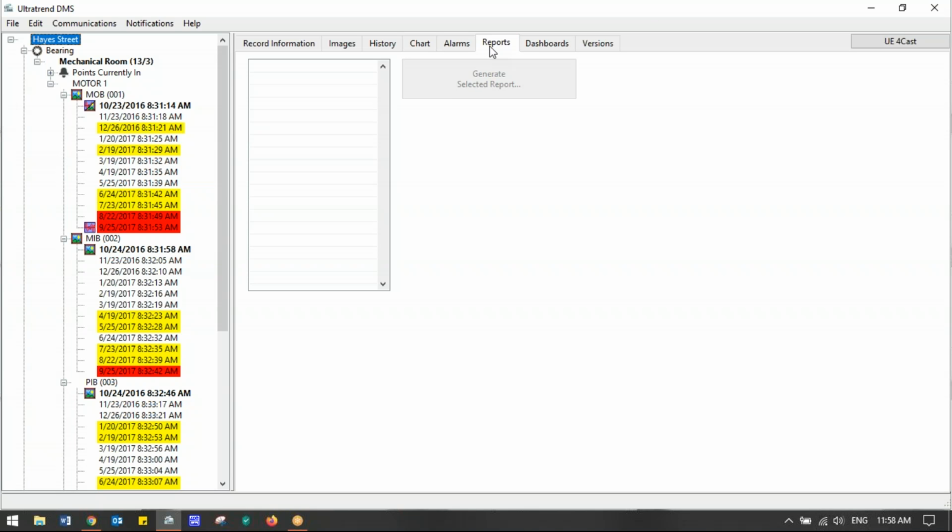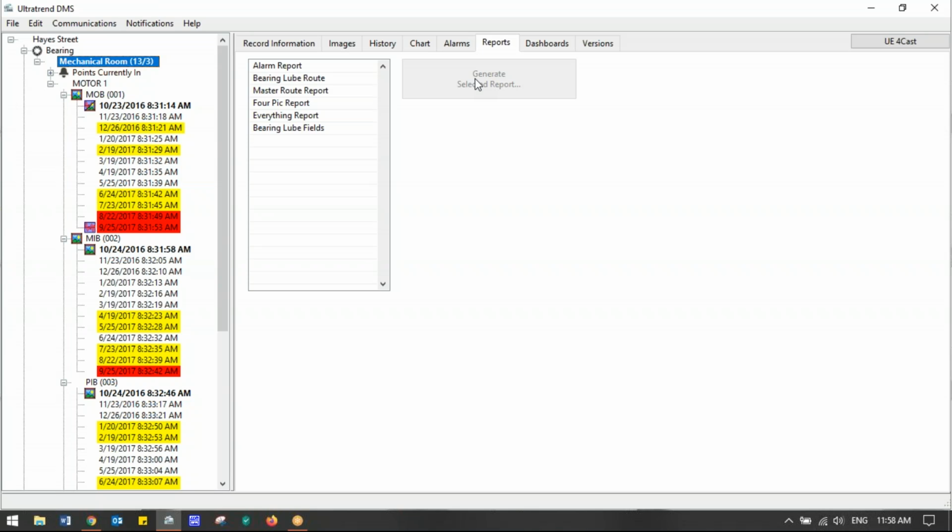There will be another tutorial for how to do the exact reports, but this is the report section, and again, this is an overview. So in the report section, notice I have nothing highlighted but the plant. It's asking me to be more specific. It has nothing here. So we highlight the actual route name, the group route name. That is where I need to be when I make my reports,